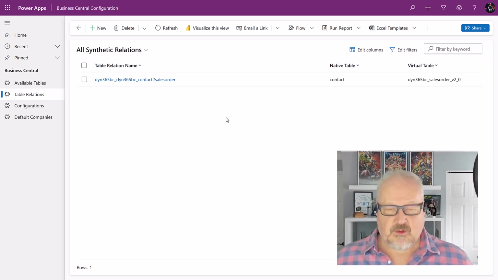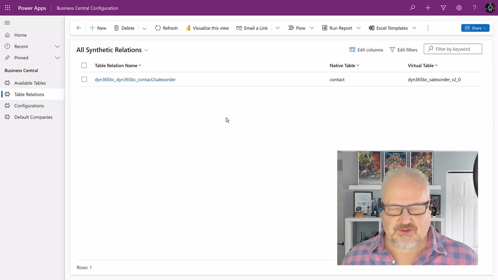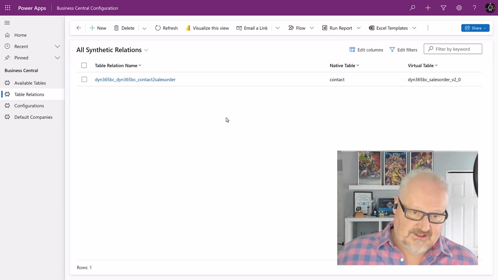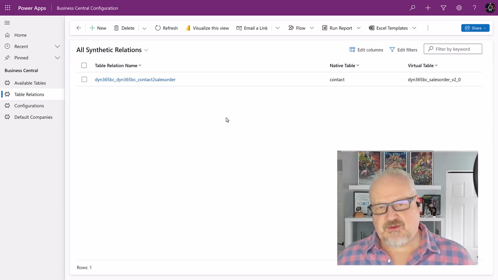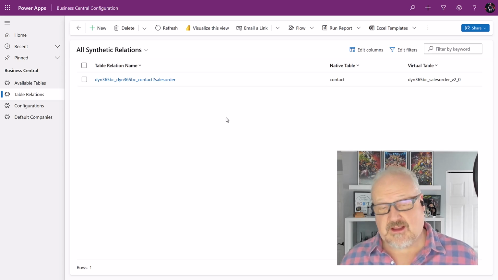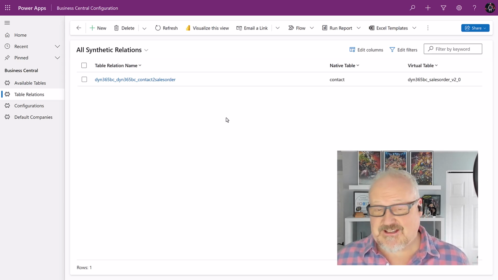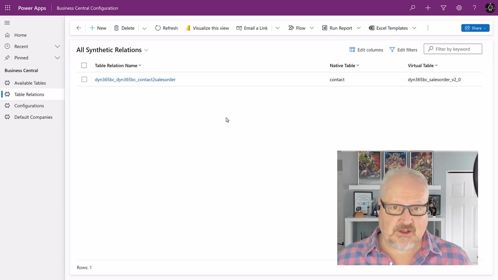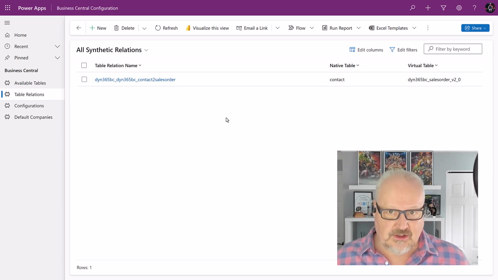So this is important that we've now been able to link our contact table using the Business Central virtual customer table that's supposed to be linked to the sales order table. So this will make sure that when our users log into the Power Pages site, they can only see the sales orders that belong to them specifically. Now, there's more work that we need to do, but the next thing we actually want to do is